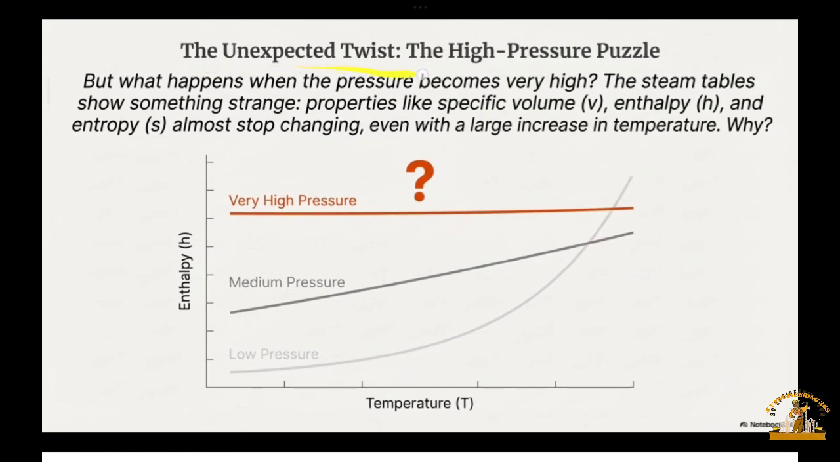The unexpected twist: the high pressure puzzle. But what happens when the pressure becomes very high? The steam table shows something strange. Properties like specific volume, enthalpy and entropy almost stop changing even with a large increase in temperature, and we will answer why. As we have in this shown figure,